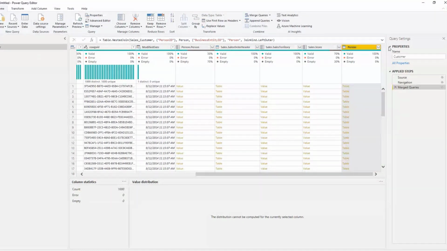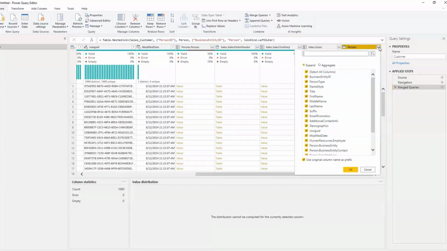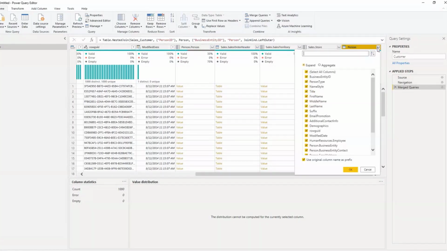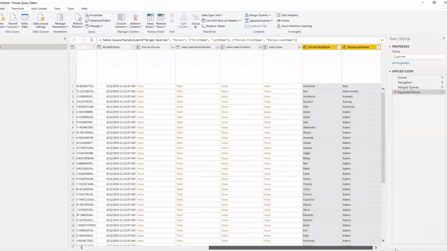So what you need to do is click on these arrows going to both sides. I'm not really sure what you call it, but you just need to click on that, unselect all, and select whatever columns you want. At this stage, I just want the first name and the last name. I'll click on OK, and you should see those columns right here. So I have got the necessary columns from the person table after joining.